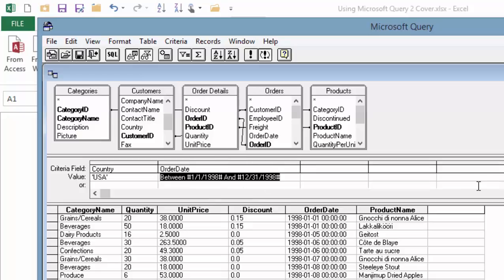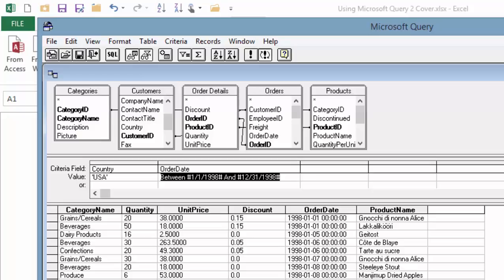As you can see, the syntax requires single quotes around literal text and pound signs around literal dates, but Query provides these for me. Also, note that the criteria can be based on fields that aren't returned, such as customer country. If you find this user interface to be quirky and difficult to use, as many users including myself do,